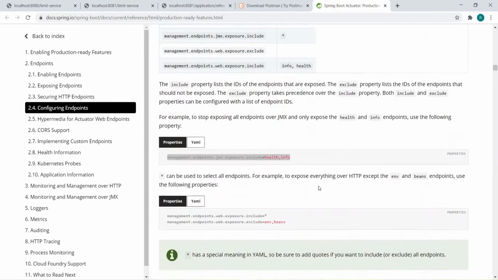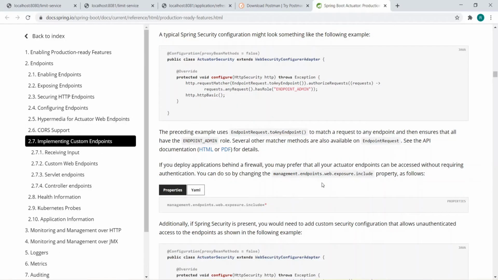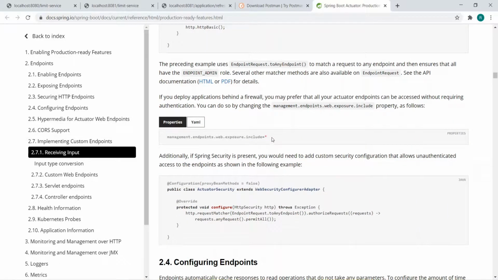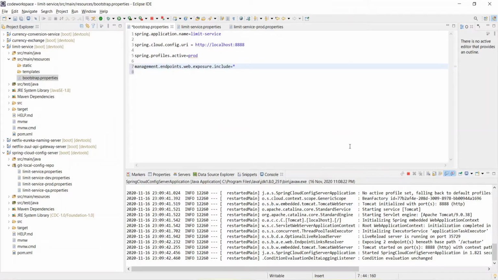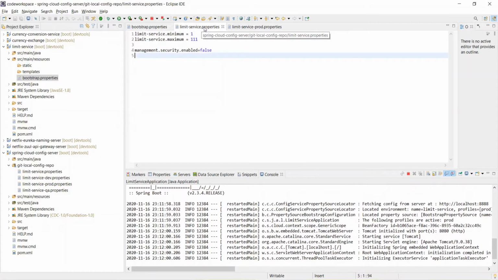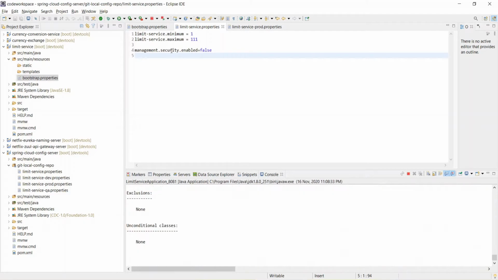Okay, so this is for the health or refresh, or you can put all these things here. If you want to do all, copy this, Control C and paste here. Otherwise you can put refresh, health, info and all. So I am just putting this, and thereafter the service property, you will have to set security enabled as false, because this is the one which is going to stop you while executing and taking the configuration. So we need to disable the security of the actuator, right?